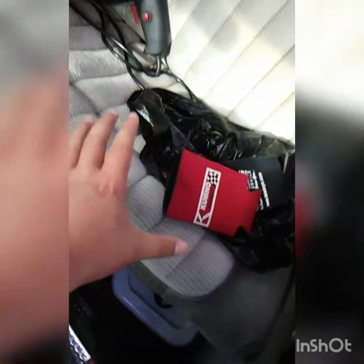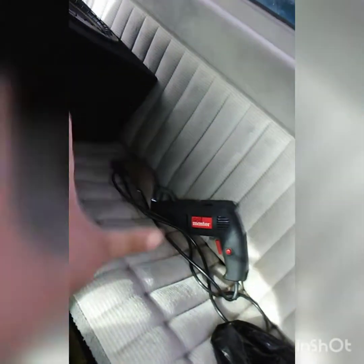Even for the sub, I ran the wires up that side right there. There's a 6x9 right here and a 6x9 down there. When I had the 6x9 down there, I ran the wires up and down, and it was sent down there in the corner. And this one, I just ran straight back, and it was sent right here in this corner. The wiring's tucked under the carpet, so you can't see it. Tucked behind some plastic, so it blends in. Since I put the sub over there, I ran the wiring up instead of running it completely across and leaving it down there